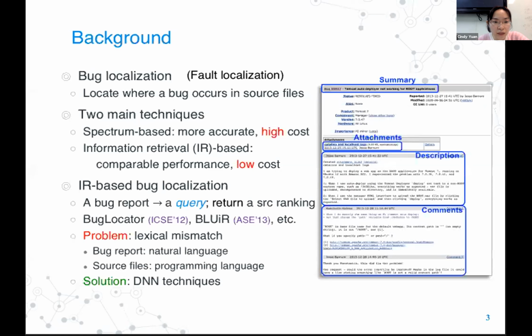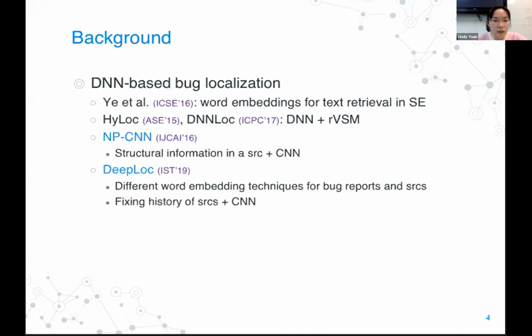In IR-based methods, each bug report is considered as a query, and it will return a ranked list of source files to be checked. But the problem for IR-based methods is that there is a lexical mismatch between bug report and source files. To bridge this gap, some deep neural network techniques are introduced. For example, in the MPCN model, a convolutional neural network is used to extract the structural information in a source file.